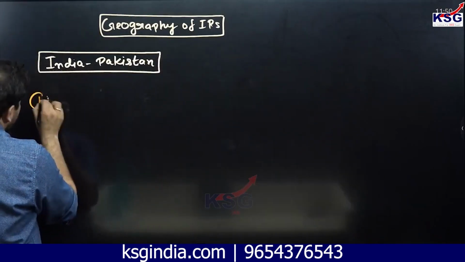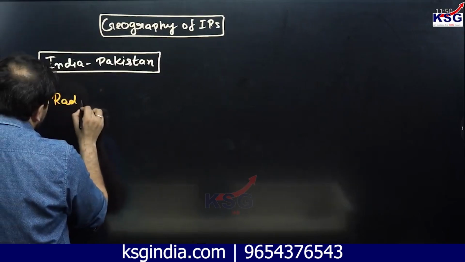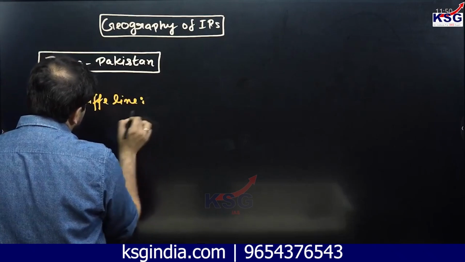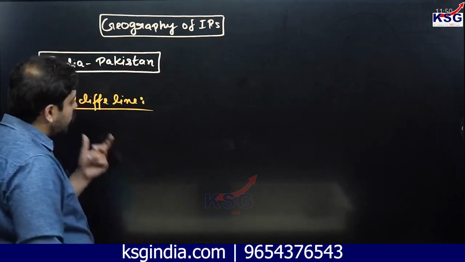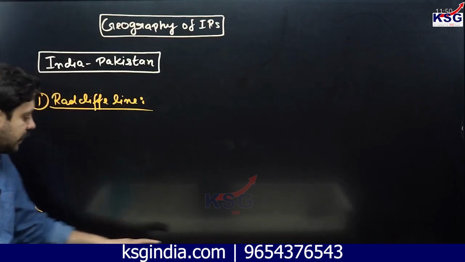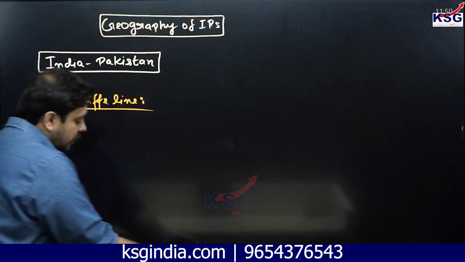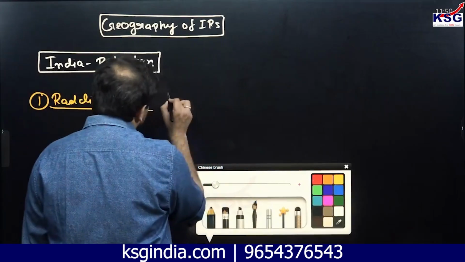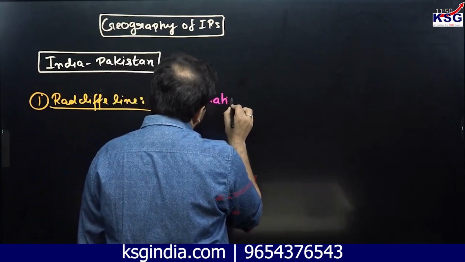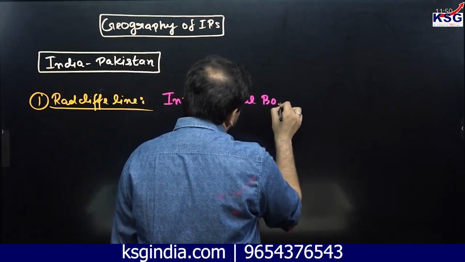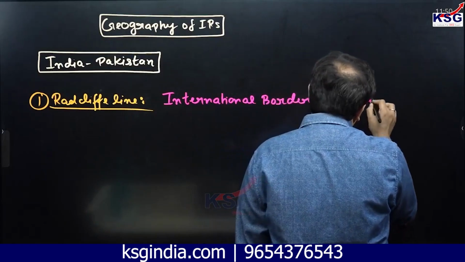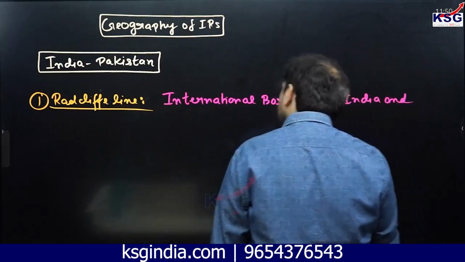First of all, we are going to take a look at what is known as the Radcliffe line. This is the first point that we're going to be concerned with. The Radcliffe line is the international border between India and Pakistan. Right? So you have, for example, the international border between India and Pakistan,